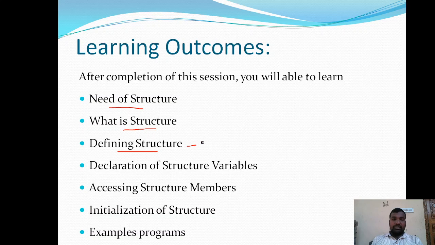It includes the syntactical rules, how to define the structures, and how to declare the structure variables. Then we are going to learn how to access the members of structures, initialization of structure variables, and at last we are going to learn a few examples on structures.